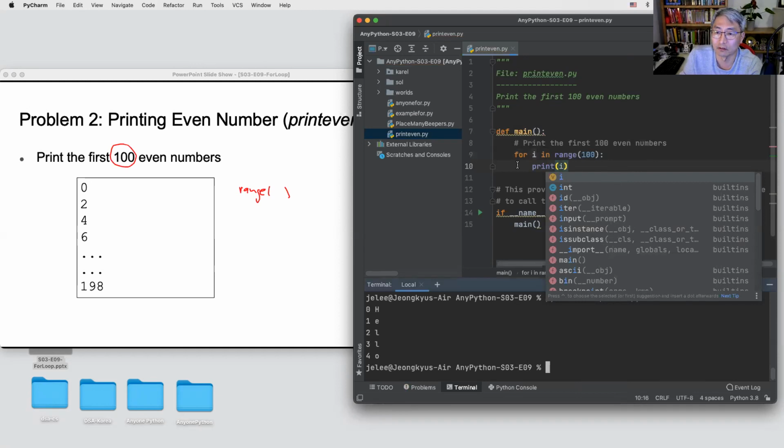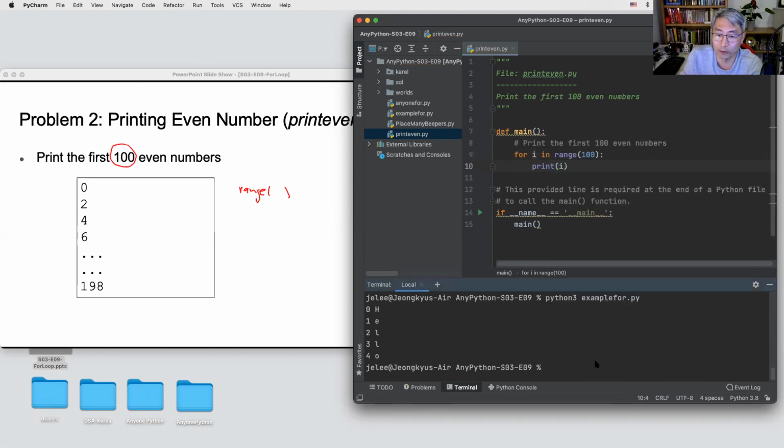If you print this one, very nice, Jonathan. So print even. It's just 0 through 99. So this is not what I want. So what happened? It should be an even number. So we need to multiply by 2. So then